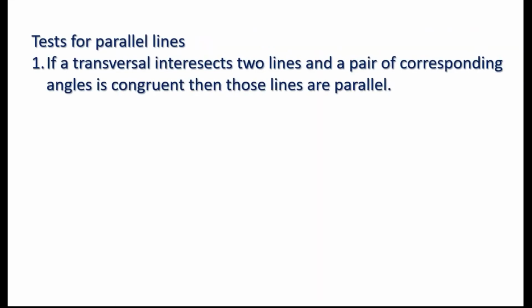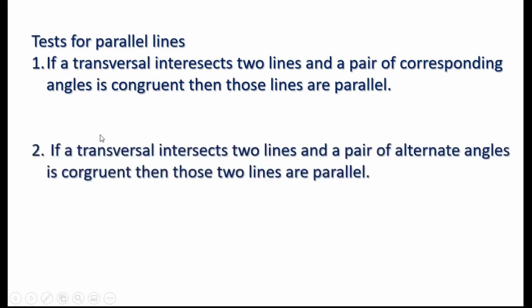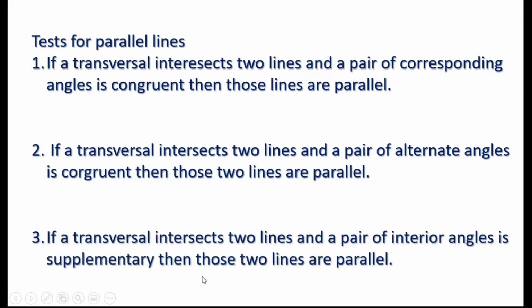Here is a reminder of what we say test of parallel lines. When a transversal intersects two lines, and a pair of corresponding angles are congruent, the lines are parallel. And if a transversal intersects two lines and the alternate angles are congruent, then the lines are parallel. If a transversal intersects two lines and a pair of interior angles is supplementary, then those two lines are parallel. In which situation will two lines be parallel? Three situations are given, known to you. You have studied earlier, repeated here for the sake of applying it in the coming properties. Let us go ahead fast.